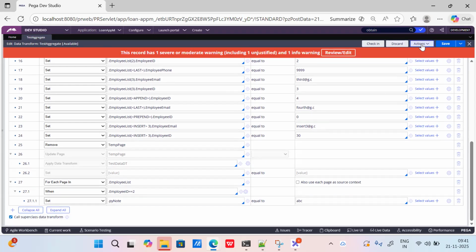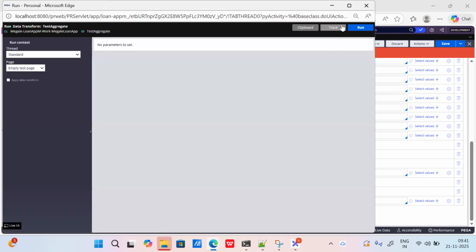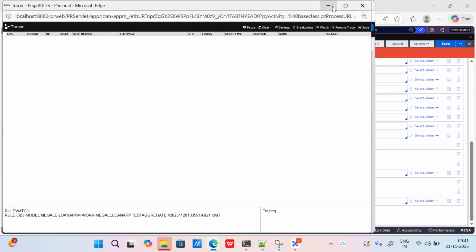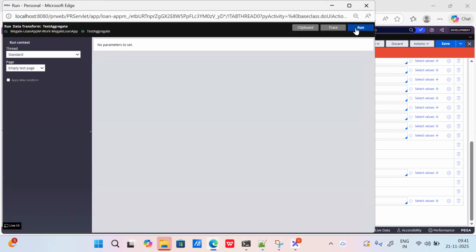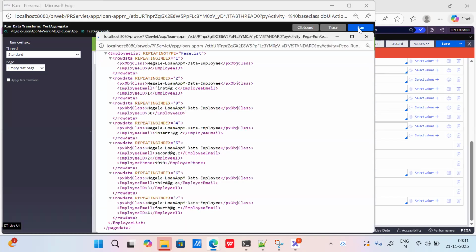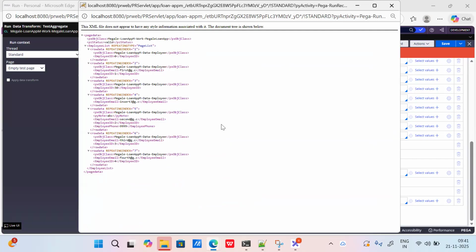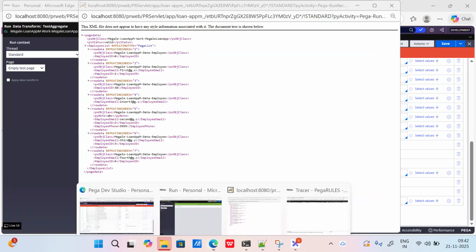Let's do one thing. I'll trace this one, actions run. If you're not clear what needs to be done, try turning on the tracer by giving some random value so that this transform will not have any error. Yes, I'm not sure. I'm working on this for the first time. I'm a fellow learner working along with you. I don't know anything here. I'm just running this one. So I ran it, and if I go to the tracer,